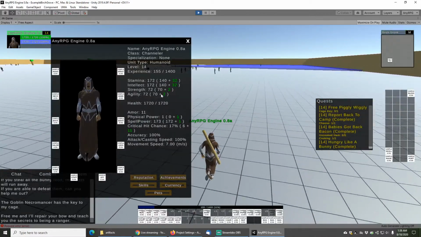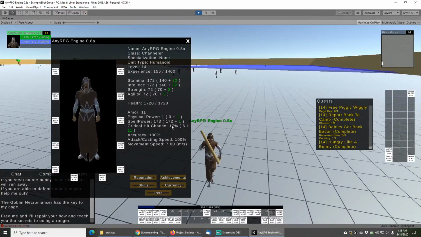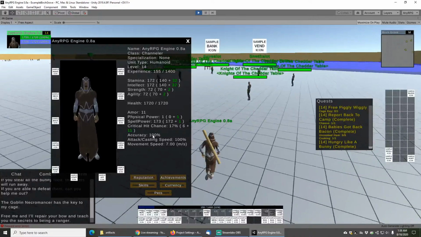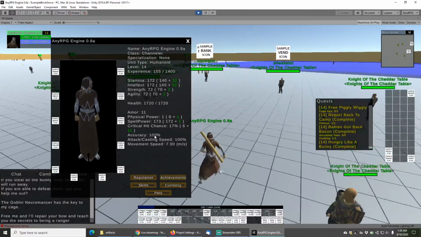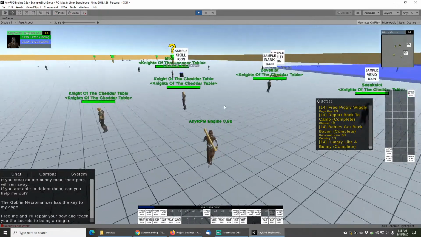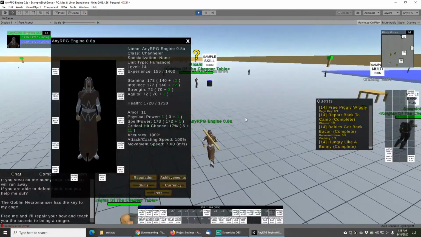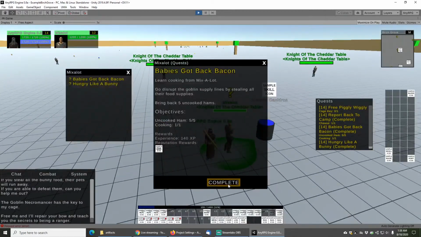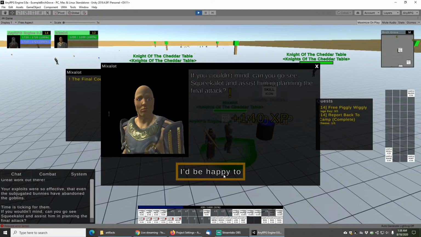And you can see that all of these values are being updated in real time. For the secondary stat system, we actually can control accuracy and casting speed now, and I don't know that we were actually able to do that in the last version. So we'll complete the quest here and